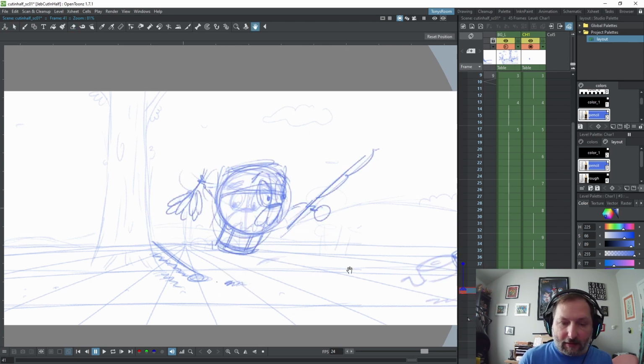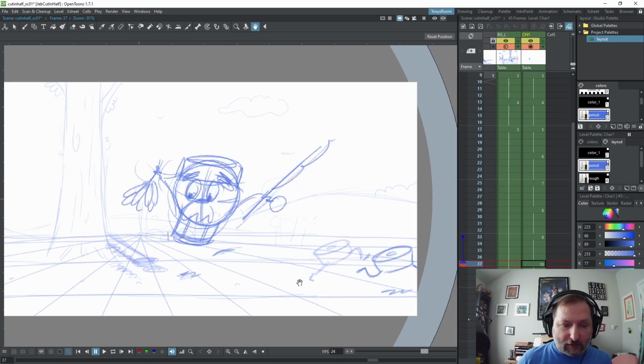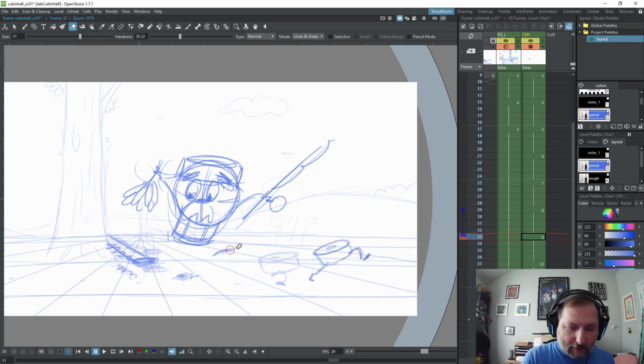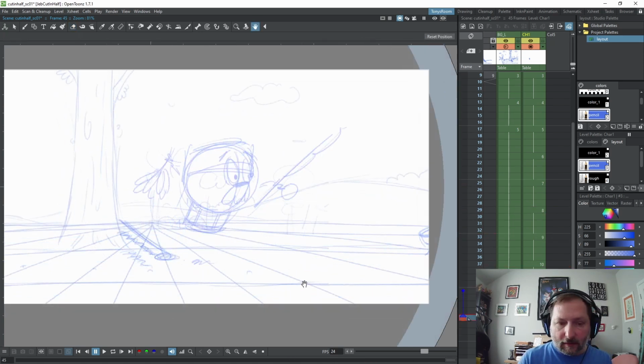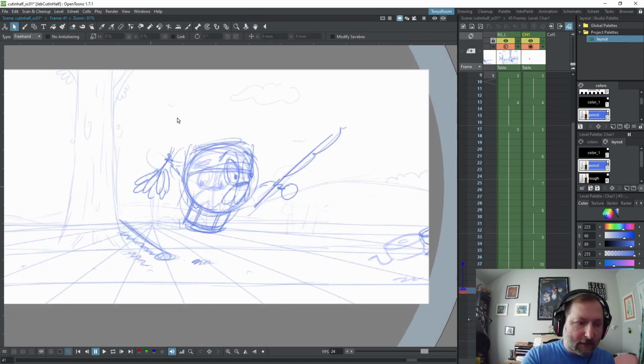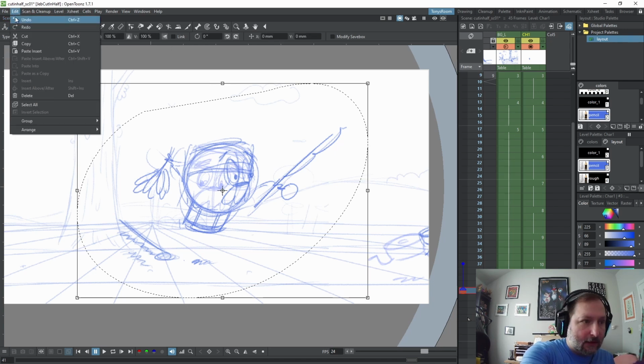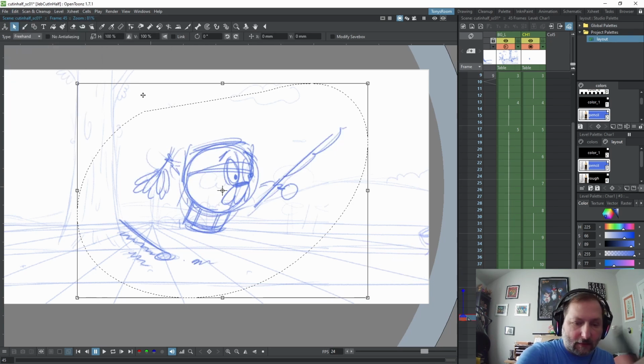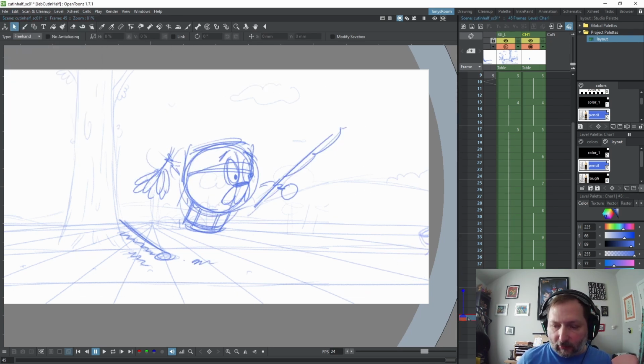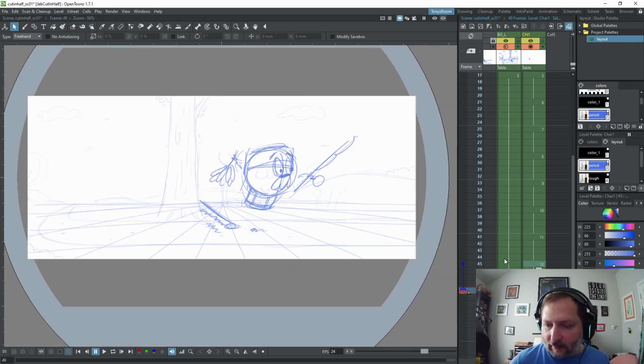It's easy to get caught up in detail, but again, we're just doing the animatic right here. So let's hold this. Edit copy, edit paste, and give his legs time to run off. 1, 2, 3, 4. And now we're going to cut to a shot where just his legs are running off. Okay, this is going to be the cut,